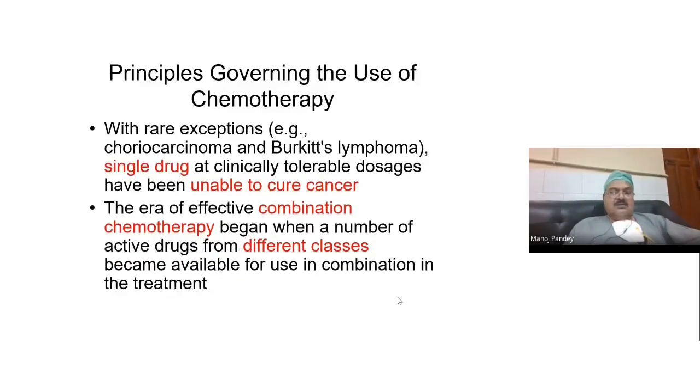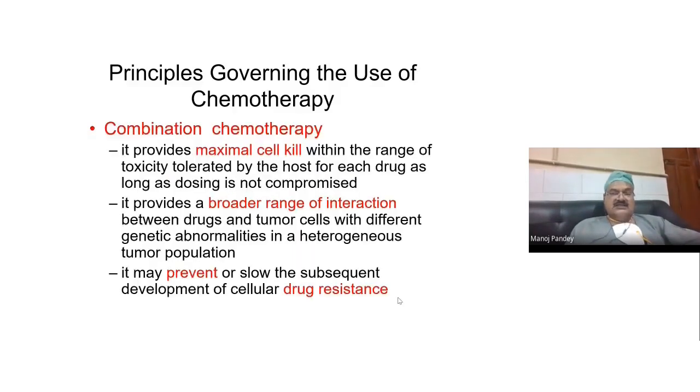Now, there are a few examples like choriocarcinoma and Burkitt's lymphoma, where a single drug is very effective. But apart from that, wherever cancer chemotherapy is used, it is a combination chemotherapy. Combinations are always decided by certain rules which decide what two drugs can be combined. Most of the time, the two drugs would be from two different classes. One thing is that only the drugs which have maximum cell kill when used alone are to be combined. Then two drugs from the same class are usually avoided because they can have a large number of interactions